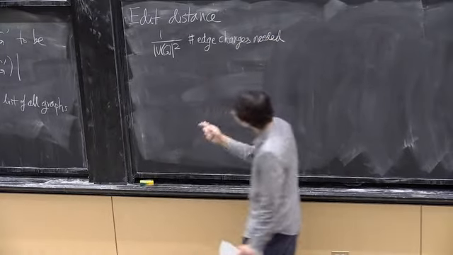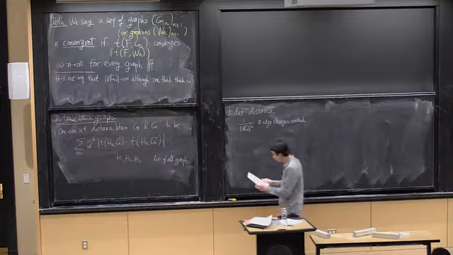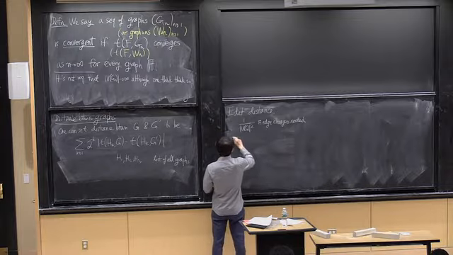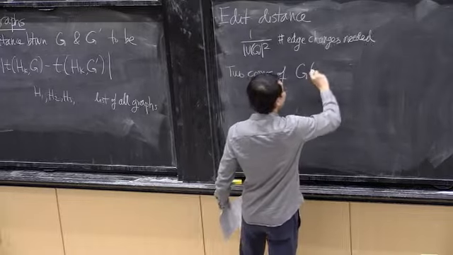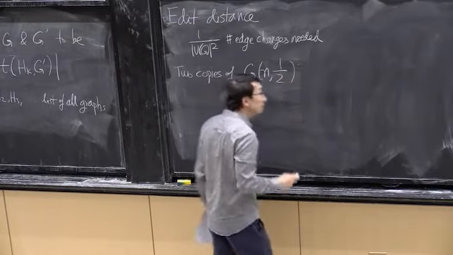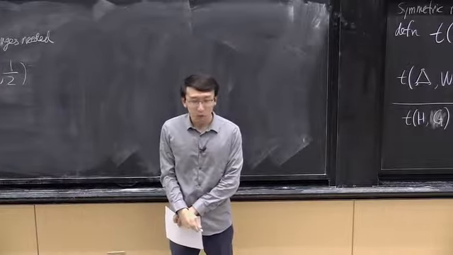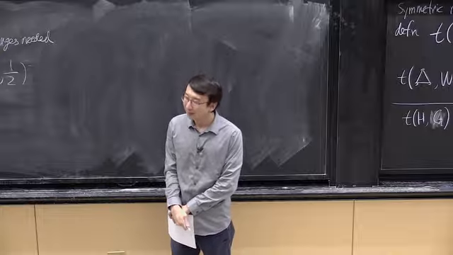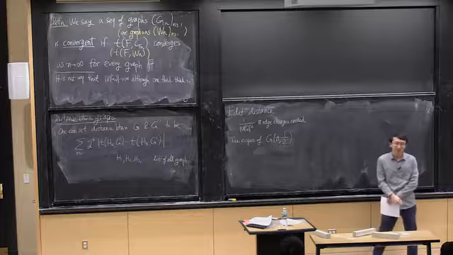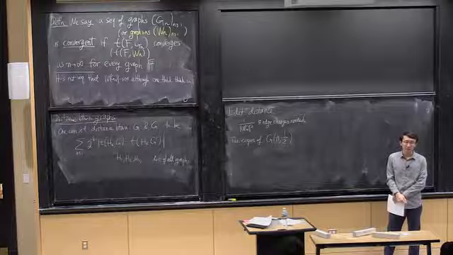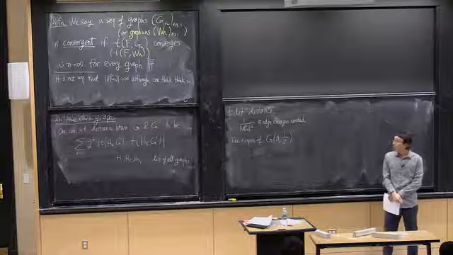Okay, so there's normalization so that the distance is always between 0 and 1. But this is not a very good notion for the following reason. If I take two copies of the Erdős-Rényi random graph, G(n, 1/2), what do you think is the edit distance between two such random graphs? How many edges? Yep. I think roughly 1/2 the number of edges, because there's like a 1/2 probability that they will both be there or not be there in both cases.